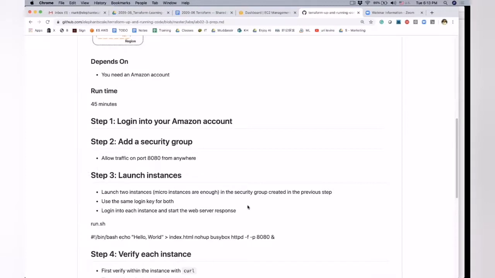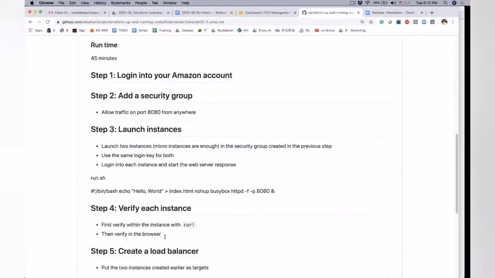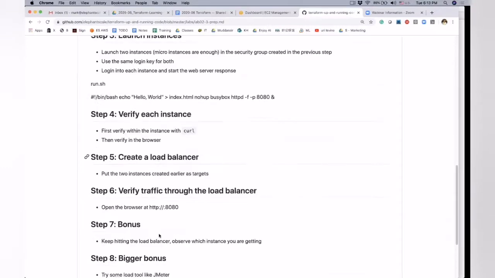And of course, we'll kill them later on. So we'll use the key and then we'll go inside and we'll run that script. So that script is what will allow us to verify the instance. Then we'll verify it with curl and verify it in the browser. Then we'll create the load balancer and we'll verify that it works even that way.